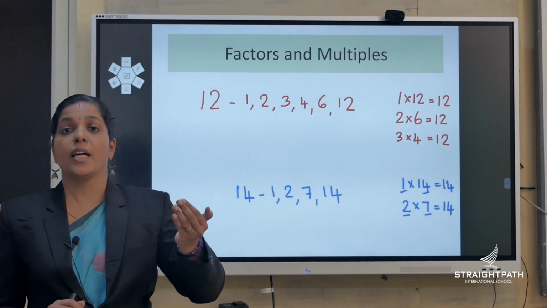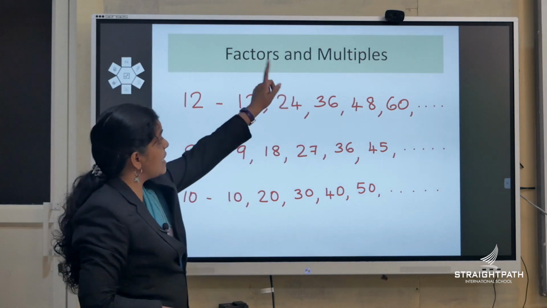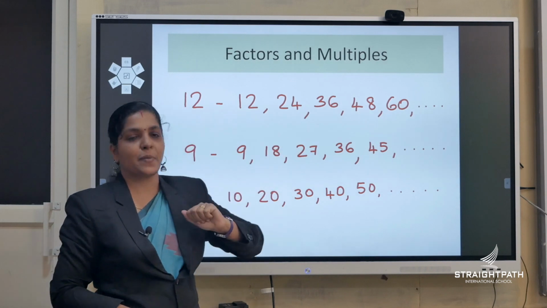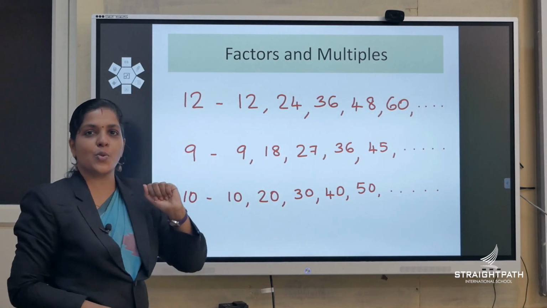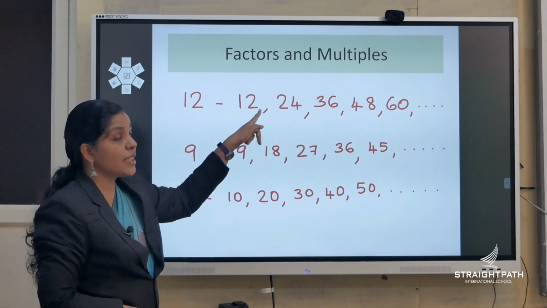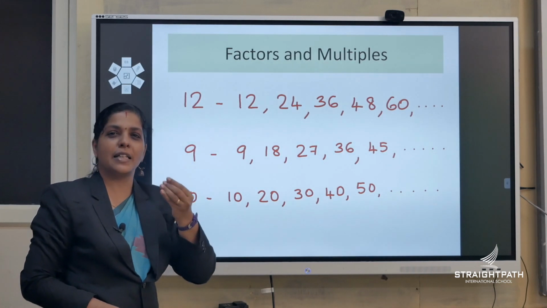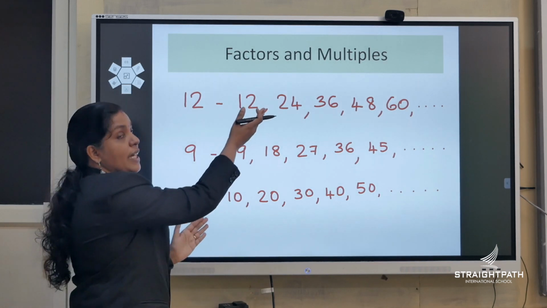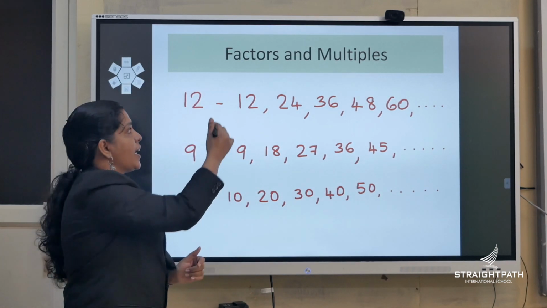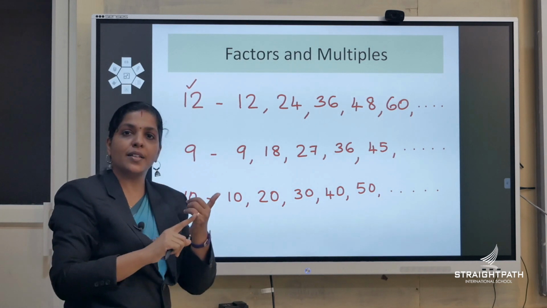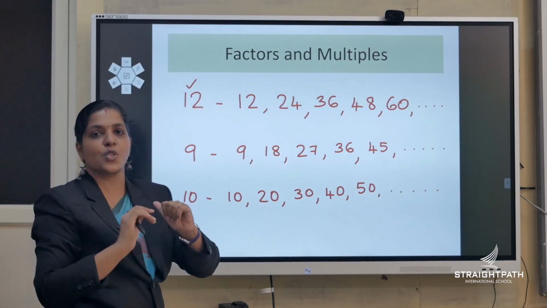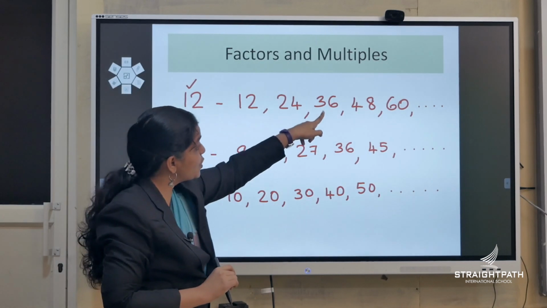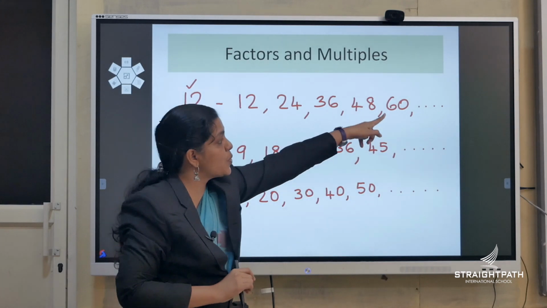Now we will go to what are multiples. We will see the next part of the heading, multiples. What are multiples? I have chosen the same number 12. See which are the multiples of 12. From the word multiple itself, it is something related to multiply, right? So how are we going to write the multiples? Just multiply this number with 1, 2, 3, 4, all natural numbers. So 12 into 1, 12, 12 into 2, 24, 12 into 3, 36, 12 into 4, 48, 12 into 5,